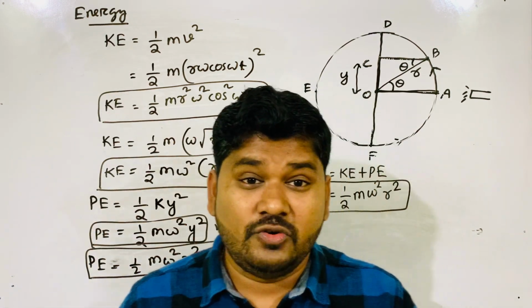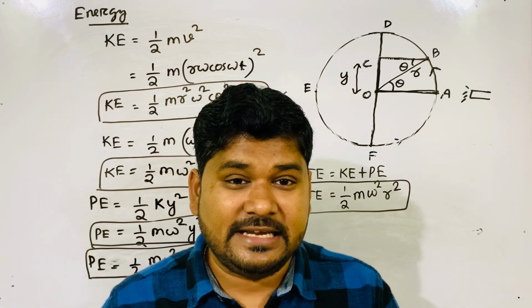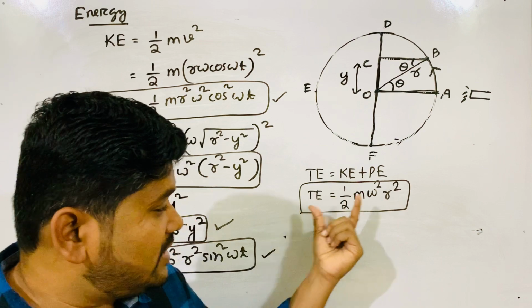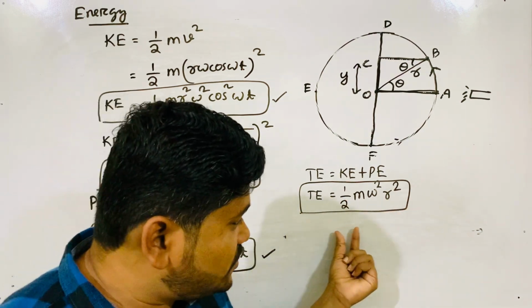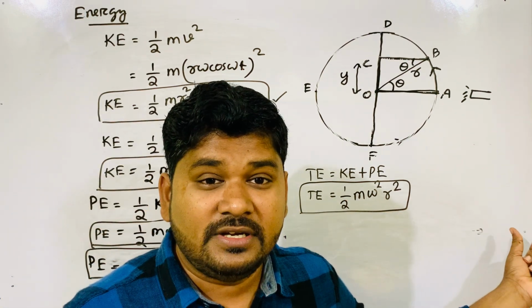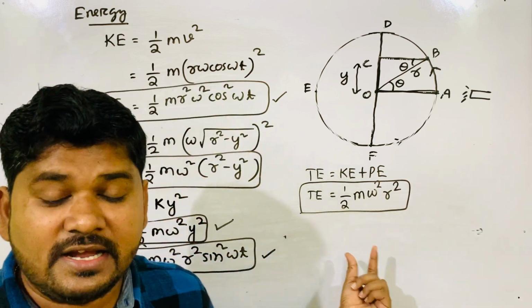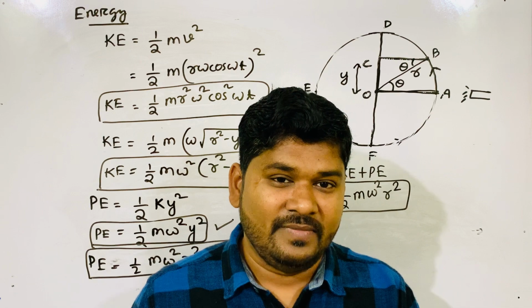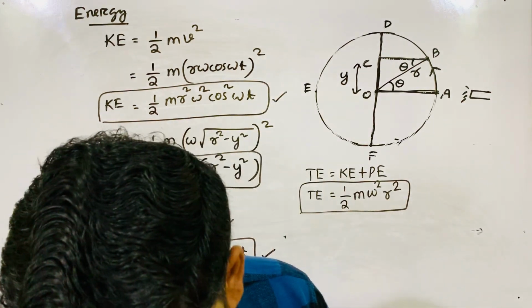If the question comes, prove that in SHM energy conservation is valid, you will just calculate the energy. You will show the total energy, and at last you will write that total energy is independent of omega t and displacement, so it's always constant. So how does this energy vary?